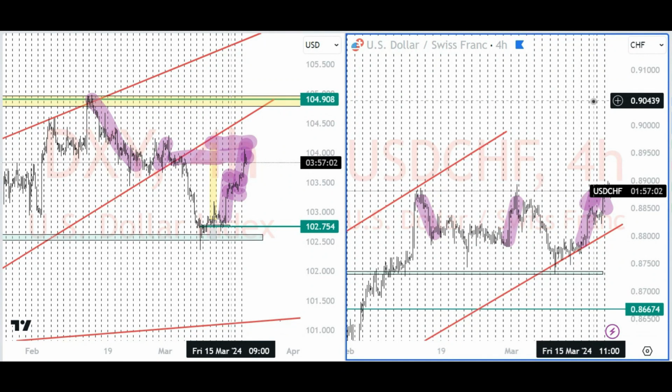Let me give you guys a little tip of what I do, or like a secret that I use. Sometimes I do not see what is happening on USD CHF, all right, and then I will trade exactly what I saw on the dollar index. But obviously looking at the relevant areas for USD CHF as I would have done on the dollar index.